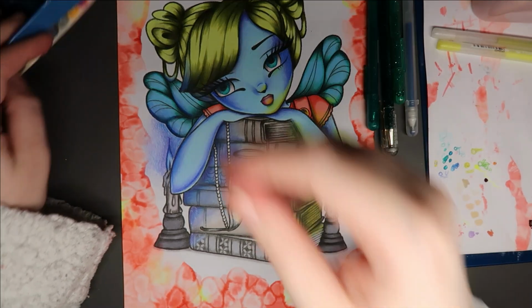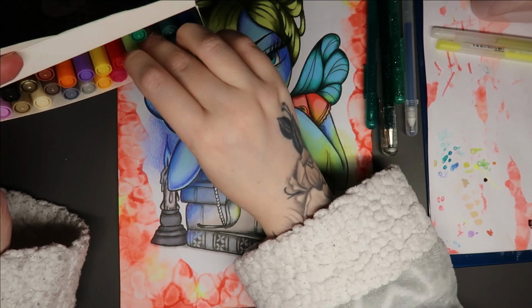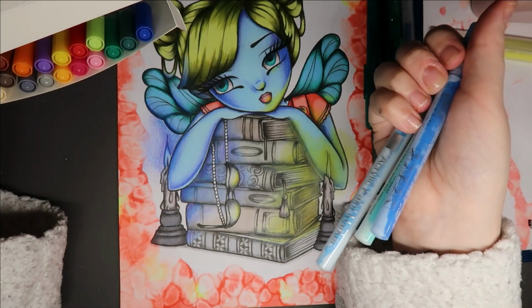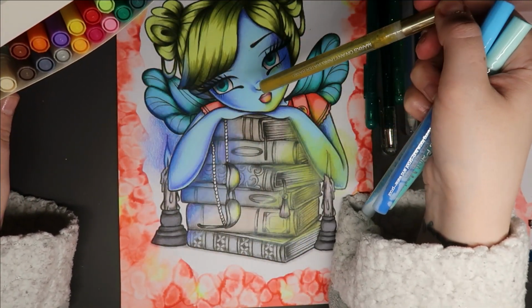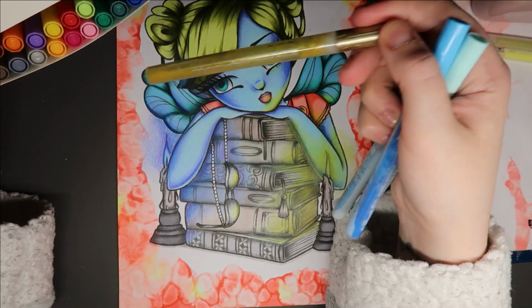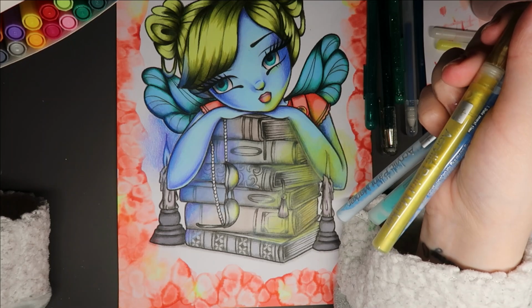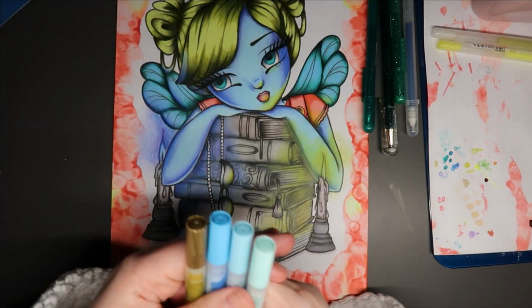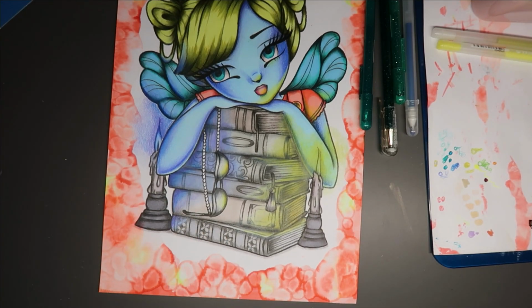So, I mentioned these as well, didn't I? Was there 3 colours in here that I said? And then there is a gold, actually. Maybe put a bit of gold in the wings. Yeah, so you do have to give these ones a good shake. So I'll just get on and fill in